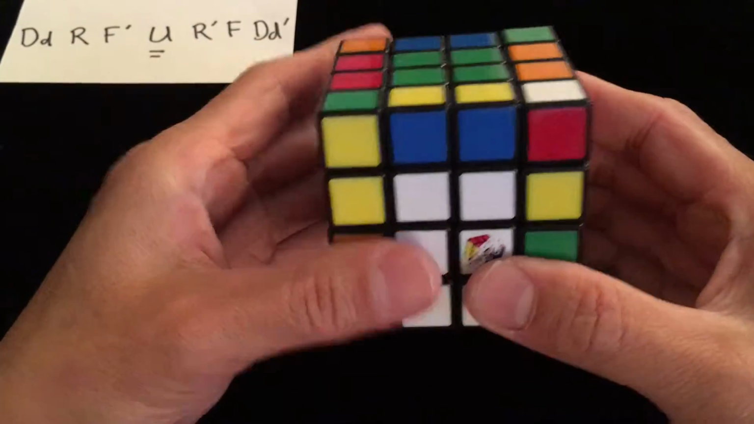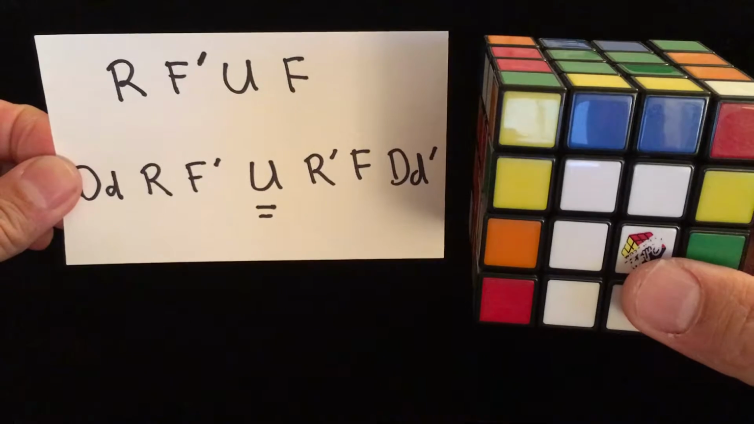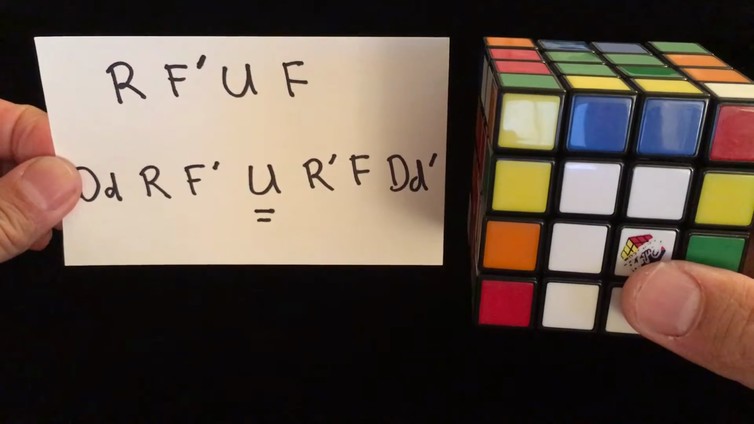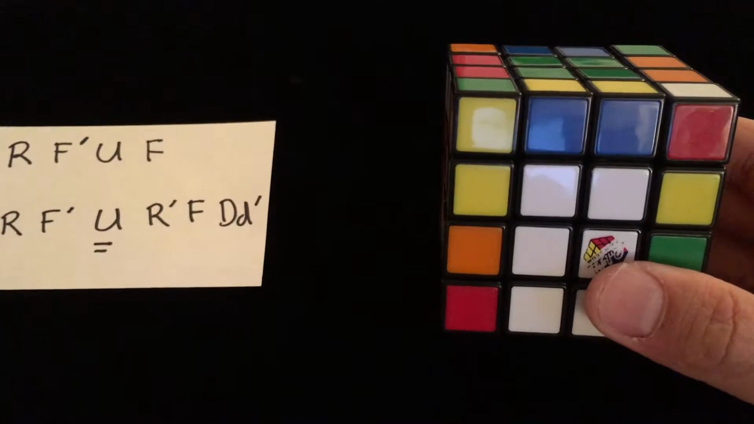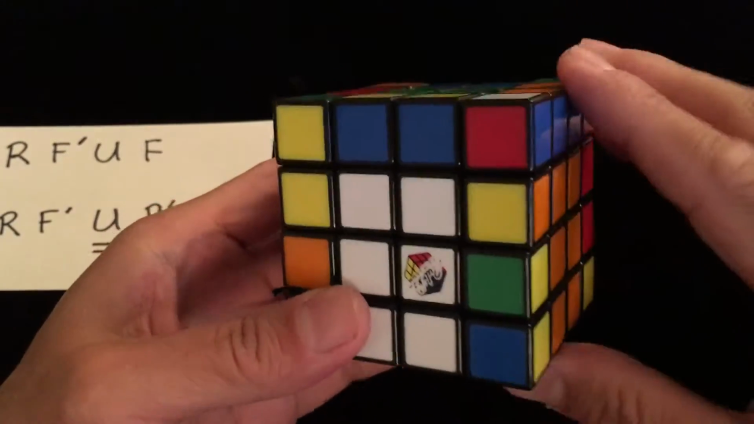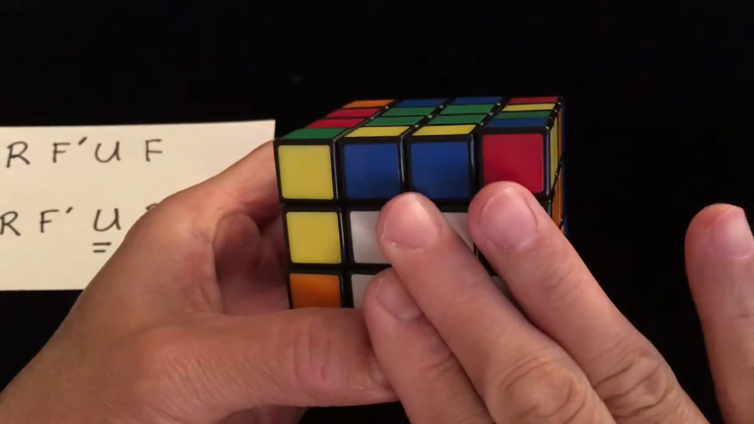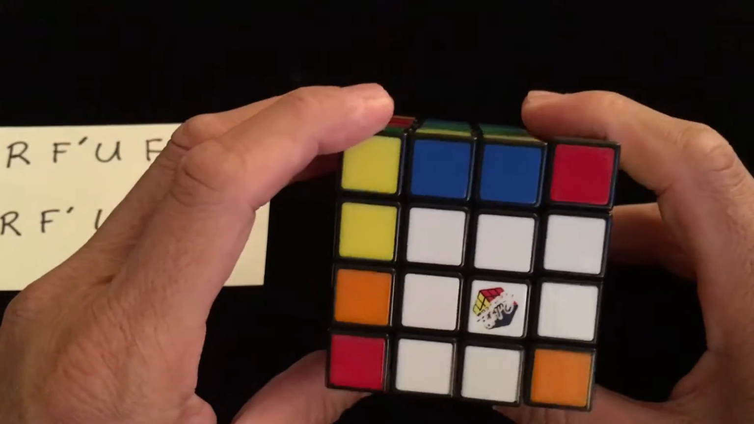Now, how you solve that is, I'll show you the algorithm. It's the top one, R, F prime, U, F. So I'll leave it here on the side. You can see it's quite simple. You take this piece, kick it out of the way of the front, turn this edge piece to the bottom,